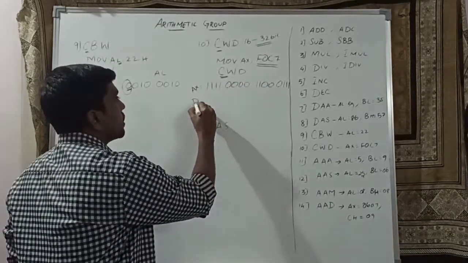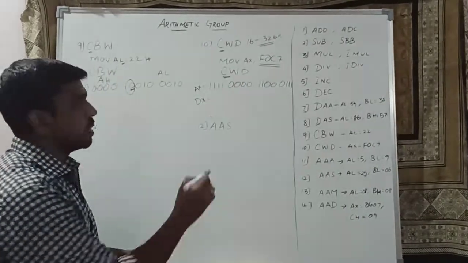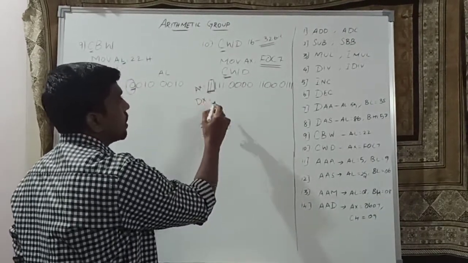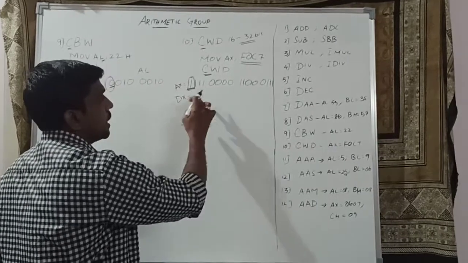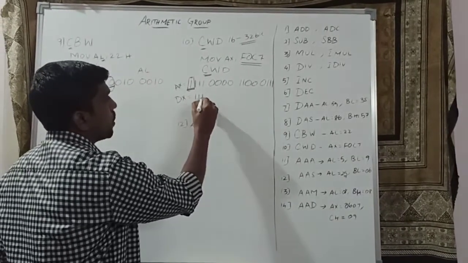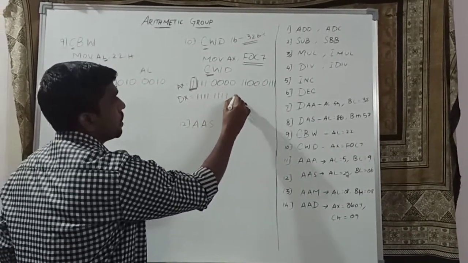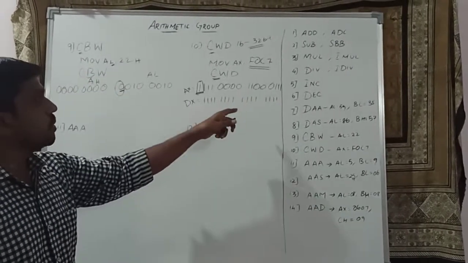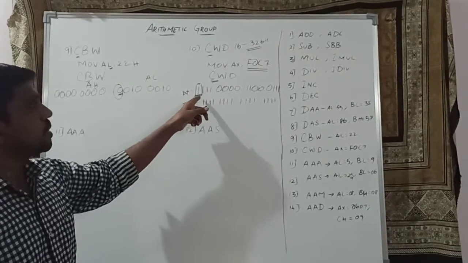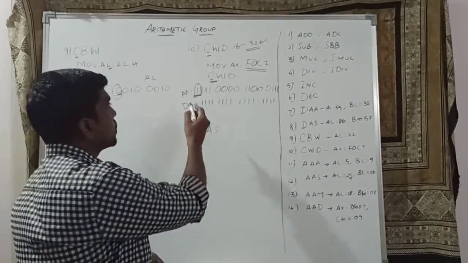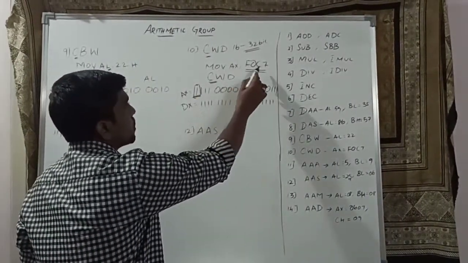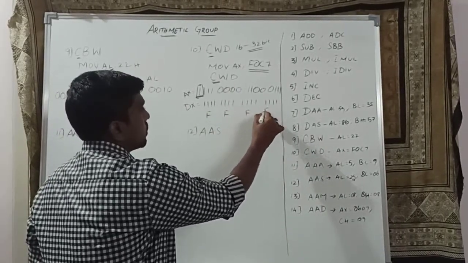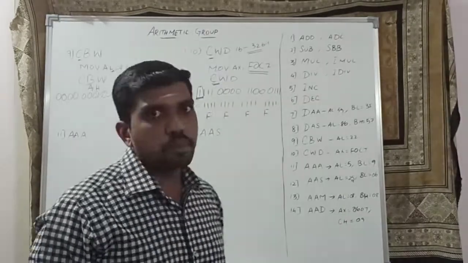The extended bit is stored in the DX register. The signed bit number is 1. This content is copied and pasted into the entire DX: 1111 1111 1111 1111. The 16-bit value is filled with the signed bit number. So after execution of this instruction, AX value is F0C7, DX value is FFFF. That's the function of CWD.